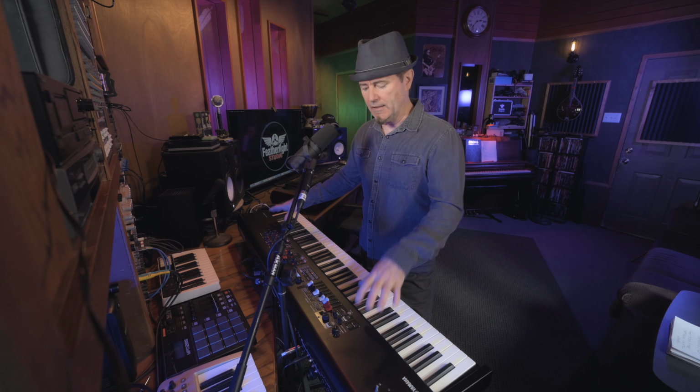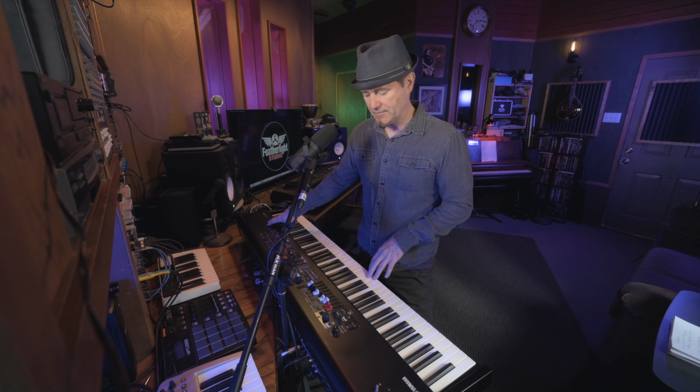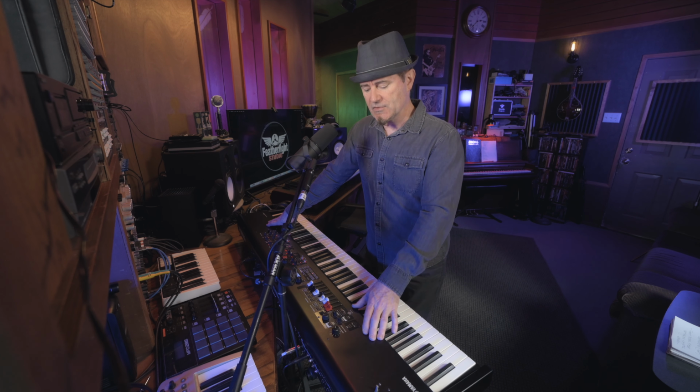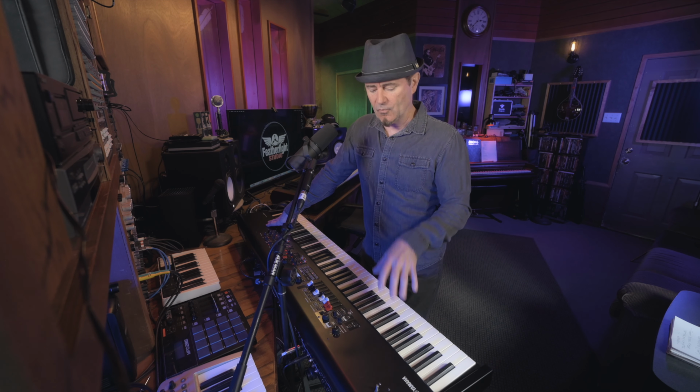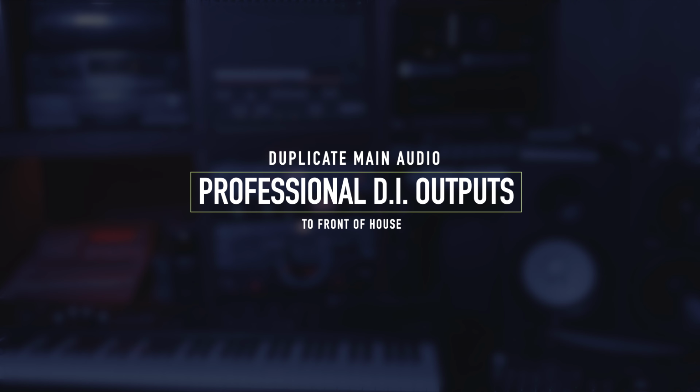So today we're working on a YC88. That's the 88-note fully weighted version of all 3 of the models. But everything that we do here today is going to apply to all 3 since they have exactly the same operating system. This has gotten some recent firmware updates that have just made this thing an incredible live performance beast. And that's really the purpose of these videos, is to cover some of the most fun live performance features that the YC series have. Coming in at number 5 on our live performance features is our duplicate main audio DI